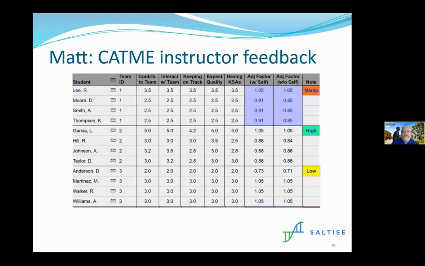So this is how that data is displayed. Warnings to instructors show up in the far column. The summary pattern of ratings is shown there, but an instructor can also go behind the scenes to look at individual ratings by individual students. It's a bit of an overwhelming amount of data, and so it really helps to start with those highlighted conditions that have alerted an instructor to a particular dynamic, right? A high-performing student is shown. A low-performing student, for that to show up, requires that a student acknowledges that their performance is below expectations. As opposed to, go ahead and take the next one.